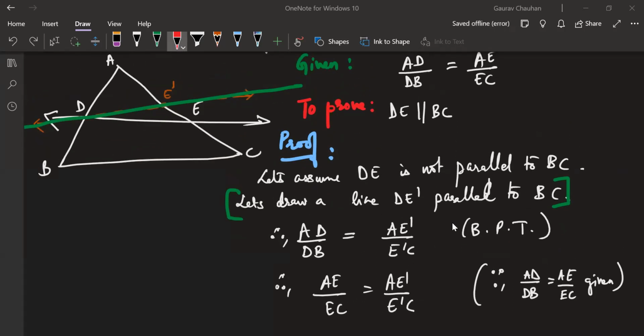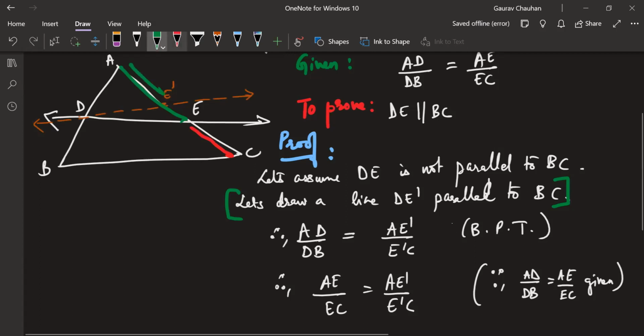Okay, we have reached that left hand side is telling me AE by EC. Left hand side is telling me this full thing by this full thing. Right hand side is telling me this full thing by this full thing. They are telling these two are equal. Let me put it this way. This green by this red divided by this red, and this green divided by this red, can they ever be equal? I want you to just think about it looking at the picture only. Your mind will go, definitely something is wrong here, right? Because the total is the same, which means I can't be getting such a situation.